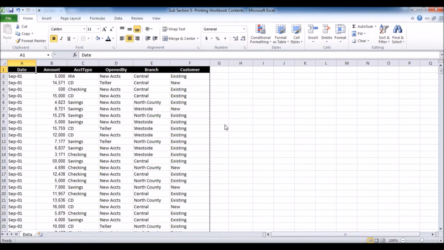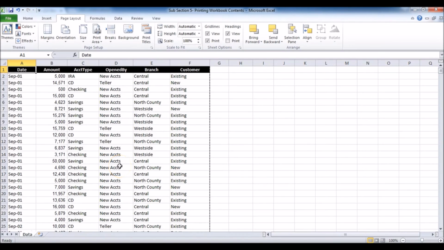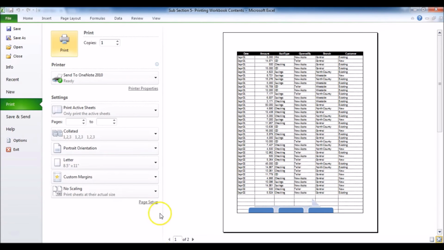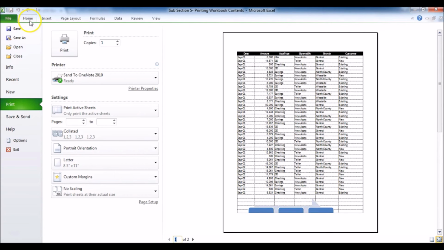When I press Control P, now you can see that customer is also coming up. It is also a good option to set up the print area in advance. When we send a report to someone else, we can set up in advance so that the next person to whom we are sending the file will be able to print it very comfortably. Right now you can see that if I press Control P, the area is coming like this, which is perfectly fine. But what if it is not coming correctly?